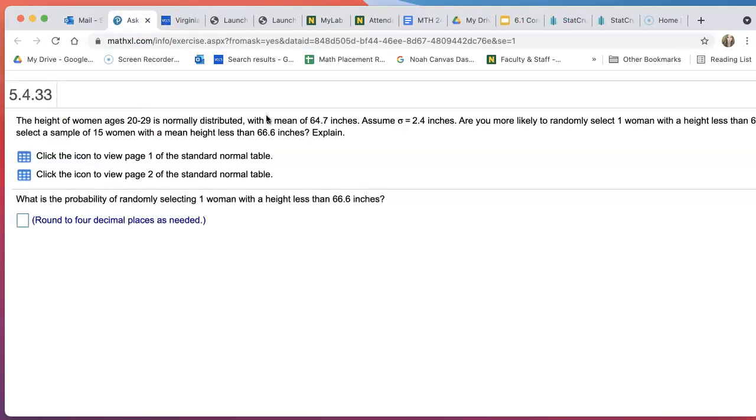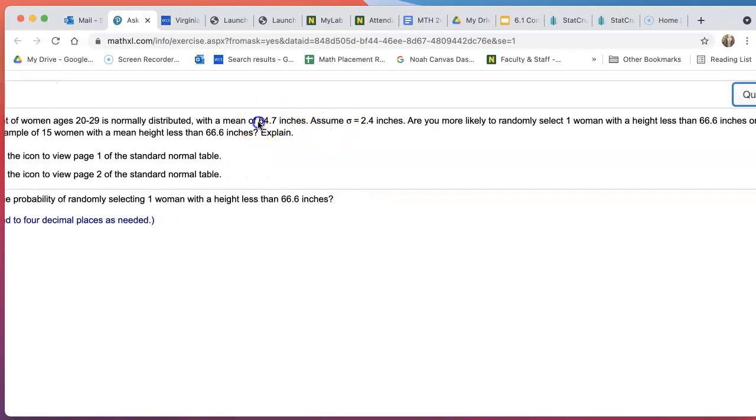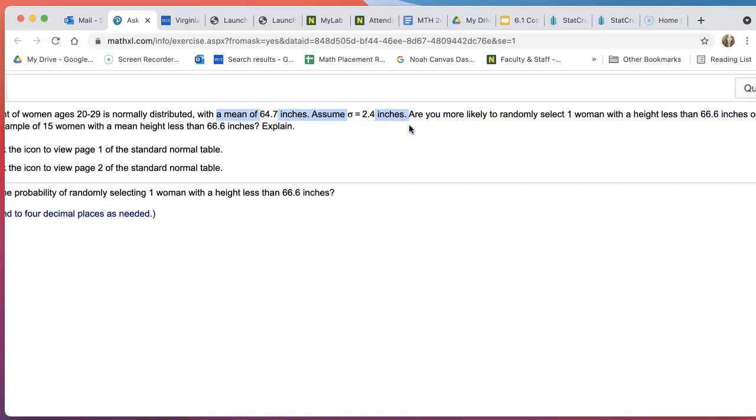With a mean of 64.7 inches, and assume the standard deviation of the population is 2.4 inches. That's what this symbol means: standard deviation of the population. So what we got is a normally distributed population with the mean of